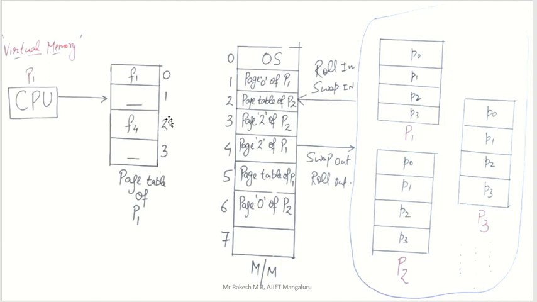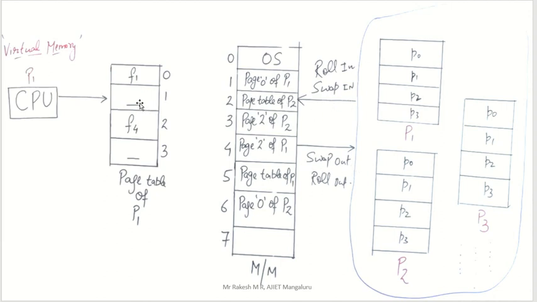Now page 2 of process 1 is there in frame 4. You can see frame 4 contains page 2 of process 1. Again, page 3 of process 1 is not there in the main memory, so it is there in secondary memory itself. We have to take that if you want it. The CPU will ask, and only then can we take that. How to take that particular page here? That concept is called swap in and swap out.